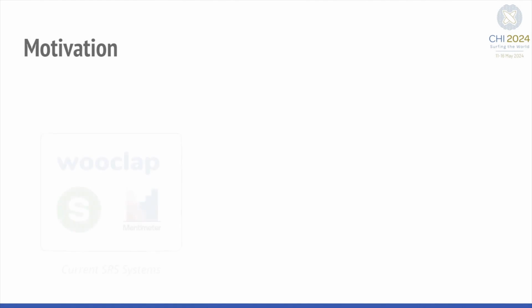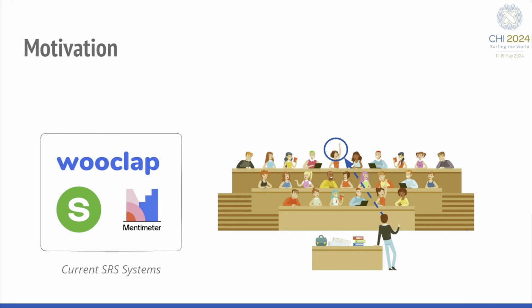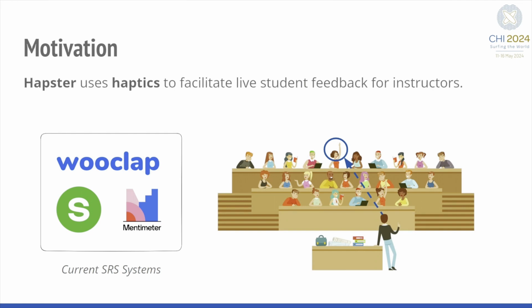Academic instructors often use student response systems to help adapt their teaching to student needs and improve student engagement. However, existing systems are limited to a visual interface and demand active visual attention from instructors, introducing a delay between students using the system and when the instructor acknowledges that student. To address these issues, we developed Hapster, a novel system that enables instructors to receive aggregated student feedback in both